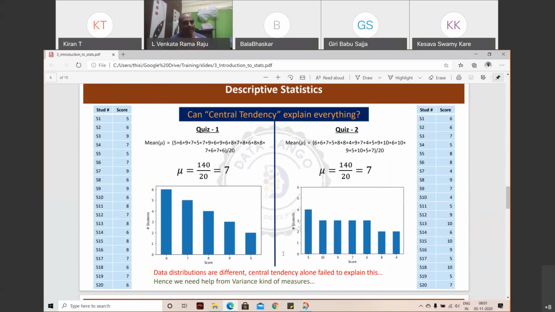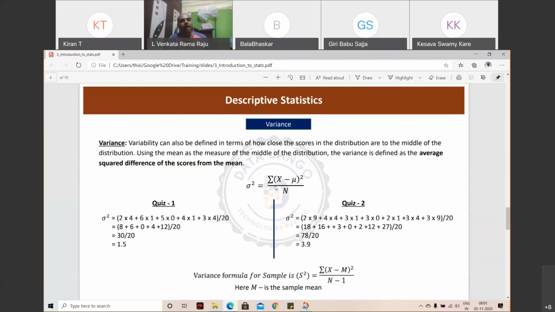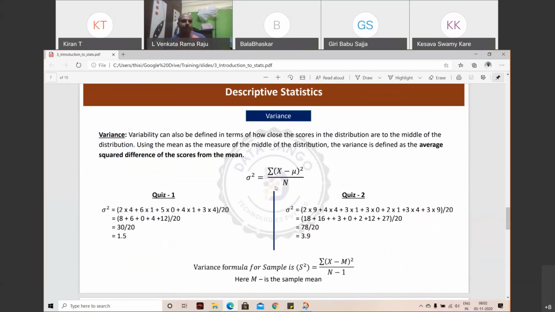The visually seen distributional difference can be explained using numbers, using variance. So in these kinds of data, you will take mean and variance and then try to explain. Central tendency alone cannot explain or describe data, so we are taking help of other metrics, other numbers. Variance is the other number. What is variance? We will take the mean as the central point.